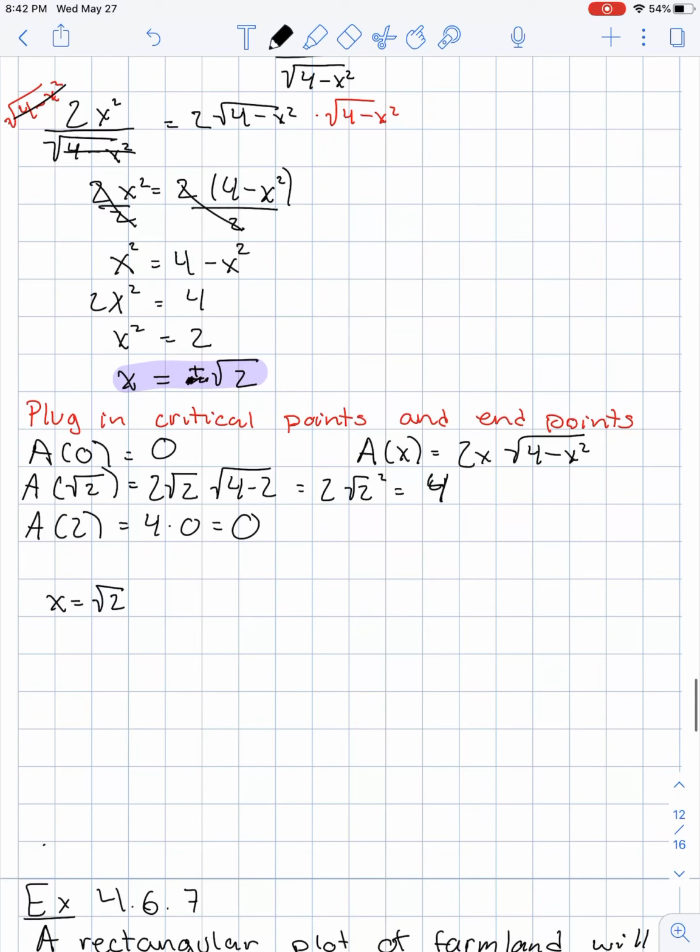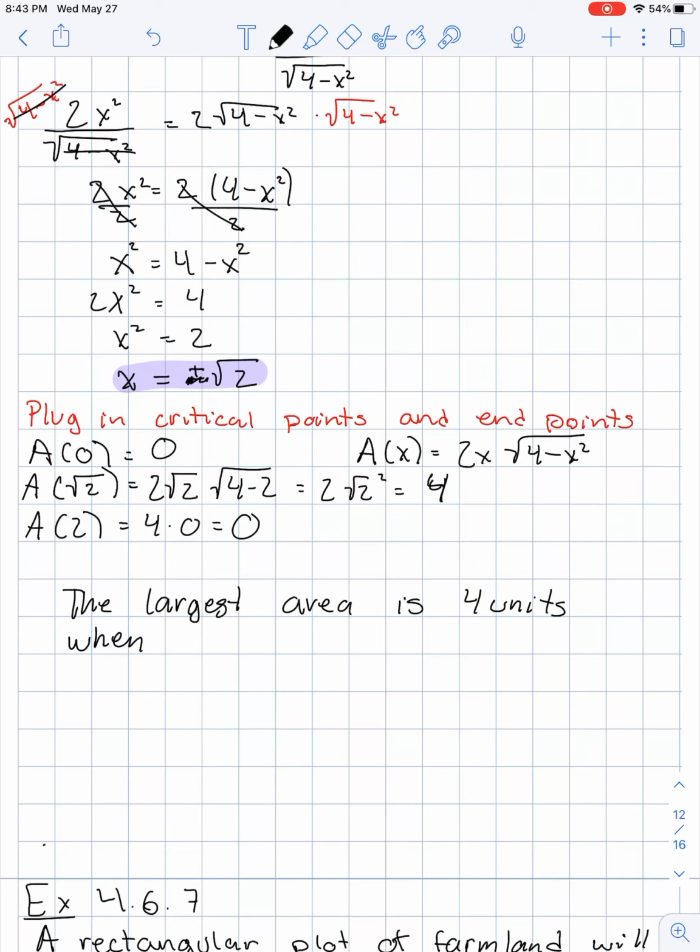So the largest area is 4 units. If you don't know the units, if they're not given, especially when it's something about a graph, we're going to go with units as our unit. So the largest area is 4 units